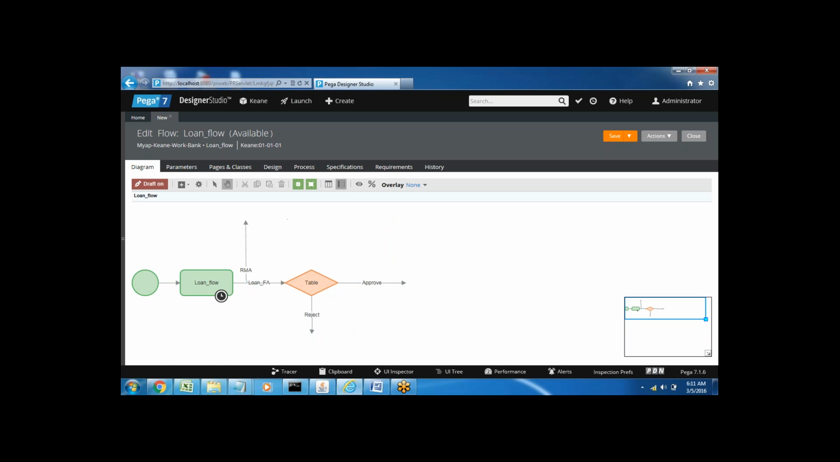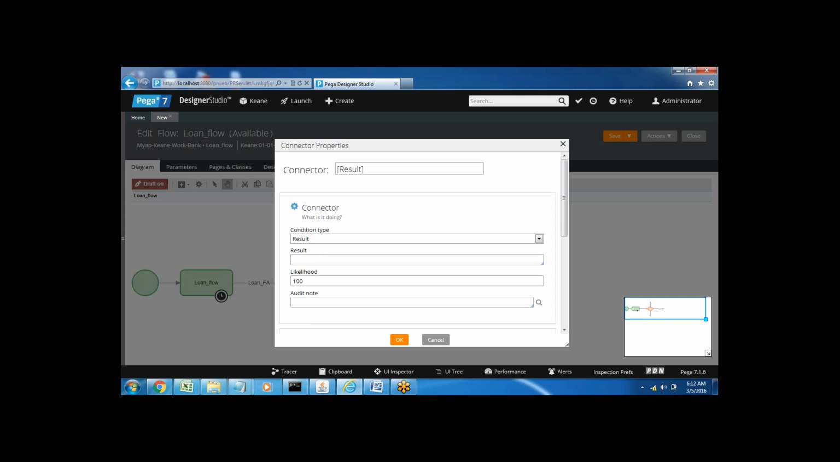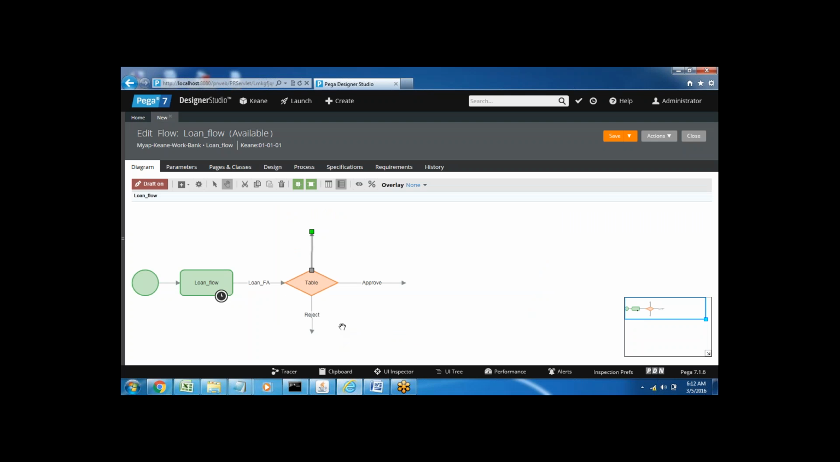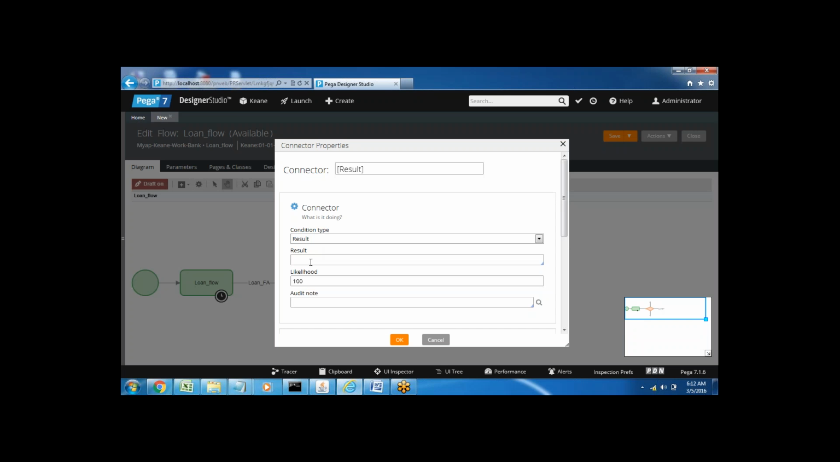Okay, actually this connection I need to adjust. I can delete this connector and once again I can add. So here I'm giving the connection. Okay, in the connector properties we'll have the result. So already we have approve and reject. Here I'm going to give the third result,